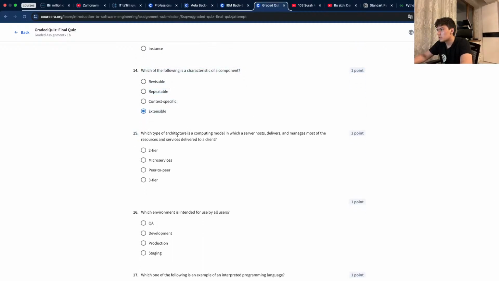Which type of architecture is a computing model in which a server host delivers and manages most of the resources and services delivered to a client?